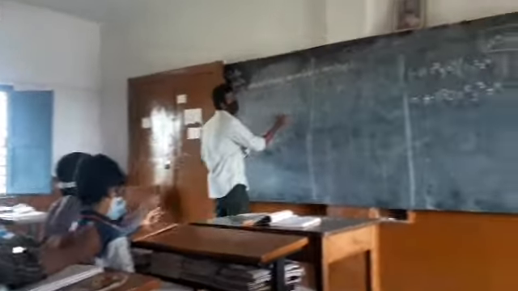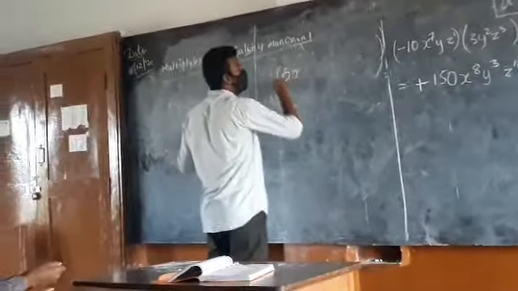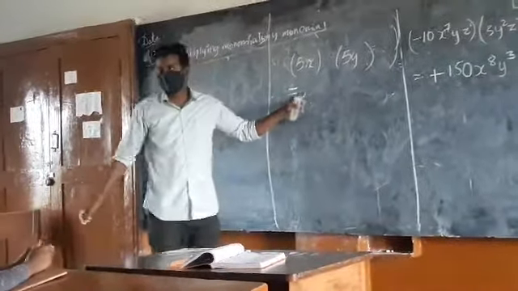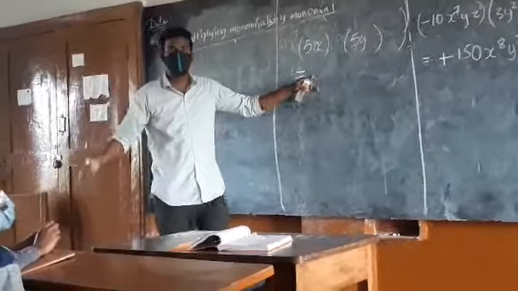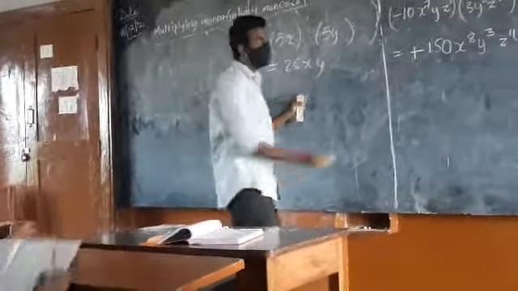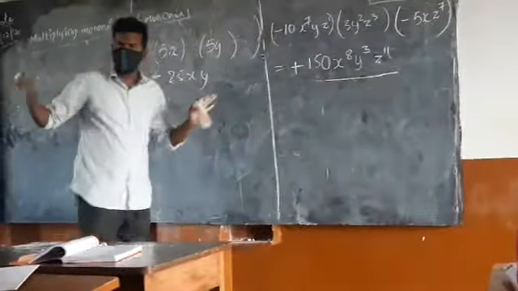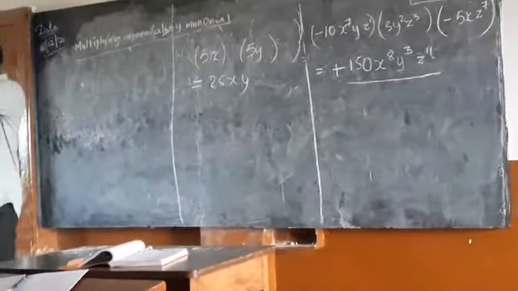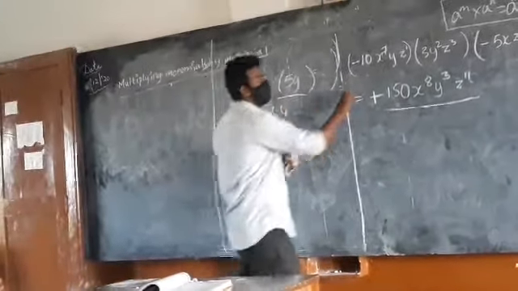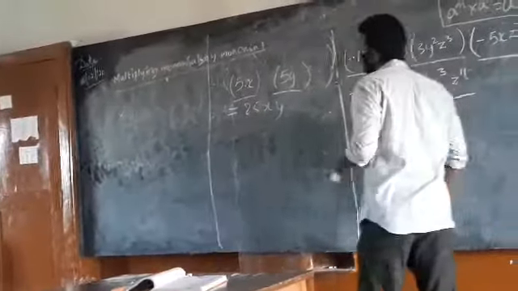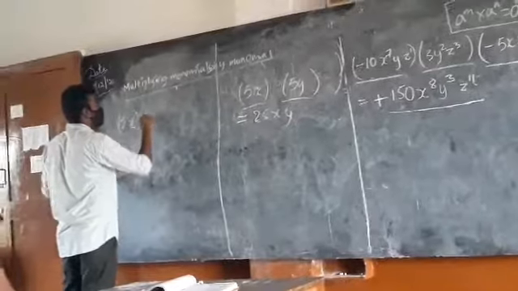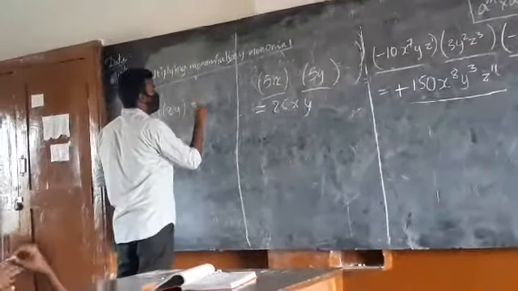Children, look here. 5x into 5y. What is the product? Yes, louder, faster. 25xy. Very good. So, if you look at the results of multiplying monomials, only monomials, what are the number of monomials you multiply? Here I multiplied 2 monomials. Here I multiplied 3 monomials. If I multiply more than 3, just like 2x, 2y, 3z,